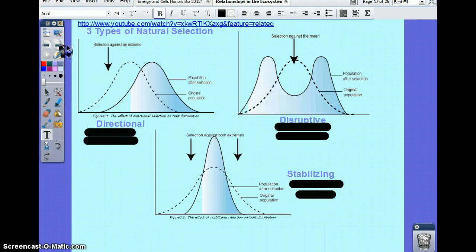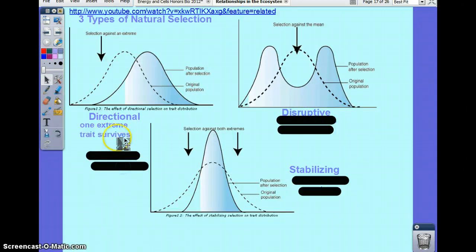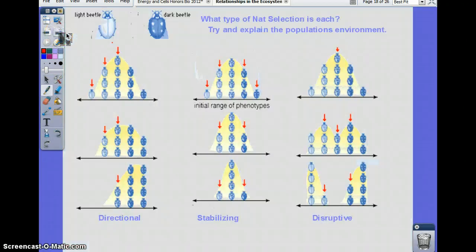Now, there's 3 types of natural selection. We're going to look at these curves, and basically the dotted line curve is what we call the original population, which is like a fictitious population of a perfect bell-shaped curve or a perfect scenario with variety of organisms. In this type of evolution, this is called directional selection, the population shifts in one direction being the extreme. It can also shift in the opposite direction, which would be this way, and that's still directional selection. We'll go to the next slide to look at another picture. This would be right here, directional selection.